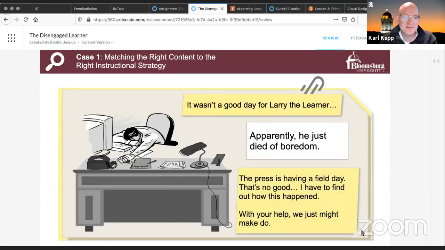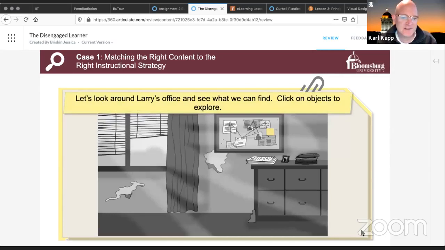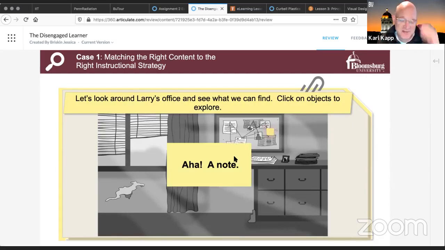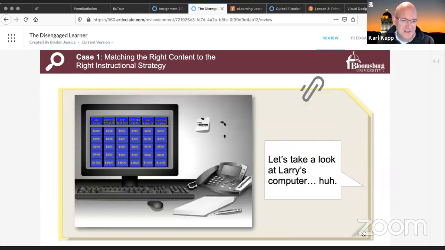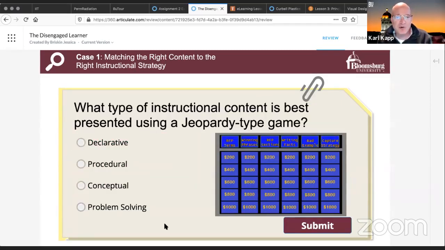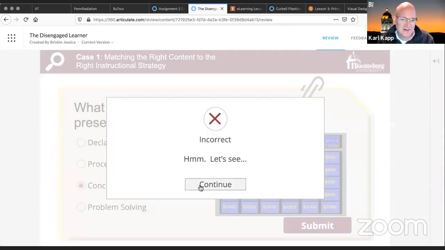Yeah, so this is called The Case of the Disengaged Learner. It really talks about why learners get disengaged. We cover a lot of really serious research-based information, but I wanted to do it in kind of a fun mystery way. So based on the old kind of detective noir stories, one of our students several years ago actually created all the detectives and all of the interactions. And then you go through and you solve the mystery of why this learner actually died of boredom.